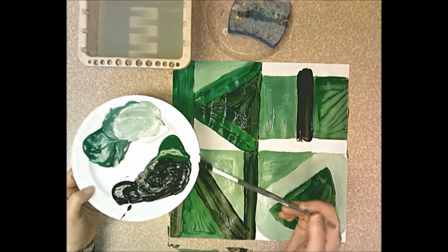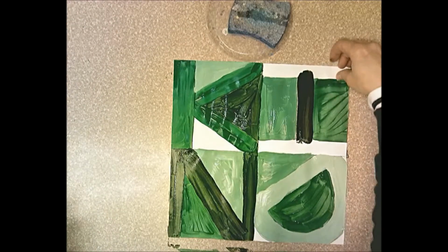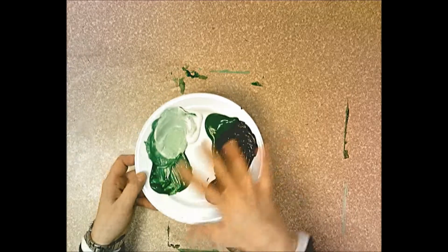Then you're going to clean up your paint mess, and this is the first day, is painting. So you'll put this painting on the drying rack, and you'll clean up your paint mess. You'll rinse out your paintbrush, you'll get fresh water in the water basin, you'll rinse your paint tray off in the